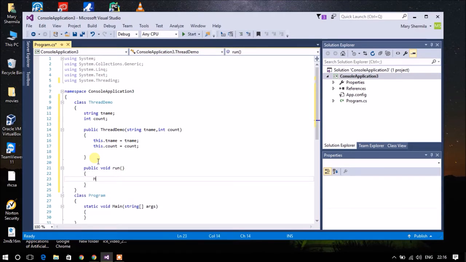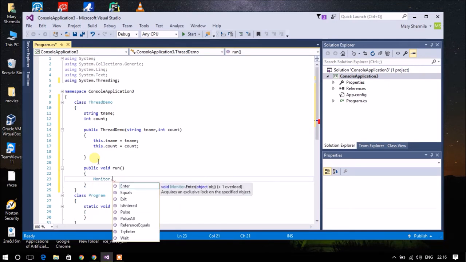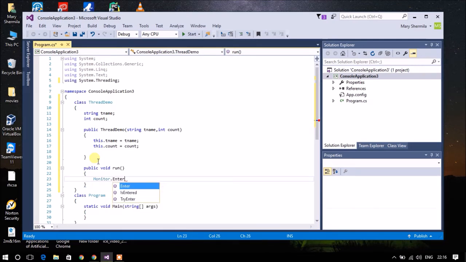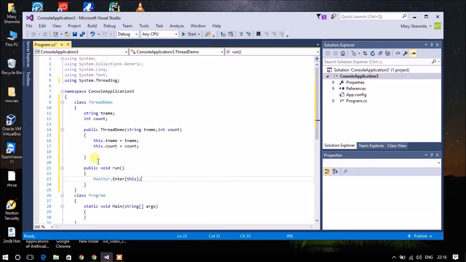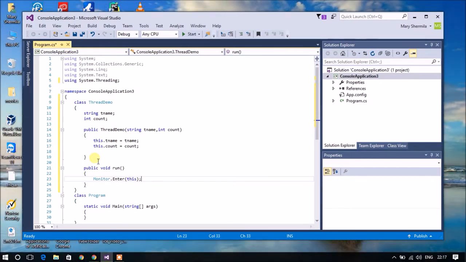and here I am going to give a line like Monitor.Enter of this. The reason why I am giving this line is that when you have two threads and you execute them simultaneously, there is a chance for deadlock to occur. What happens is, both your threads will overlap each other and your output will not be in proper order.